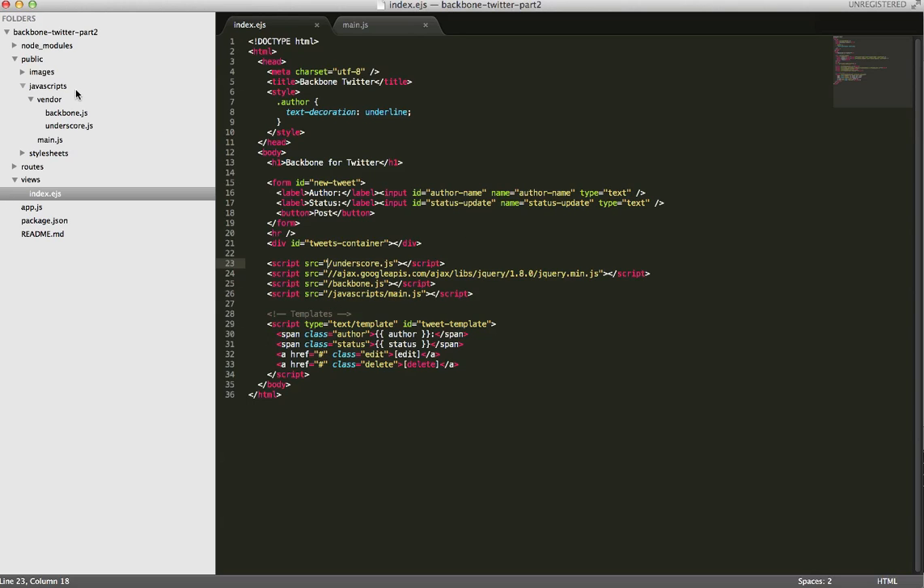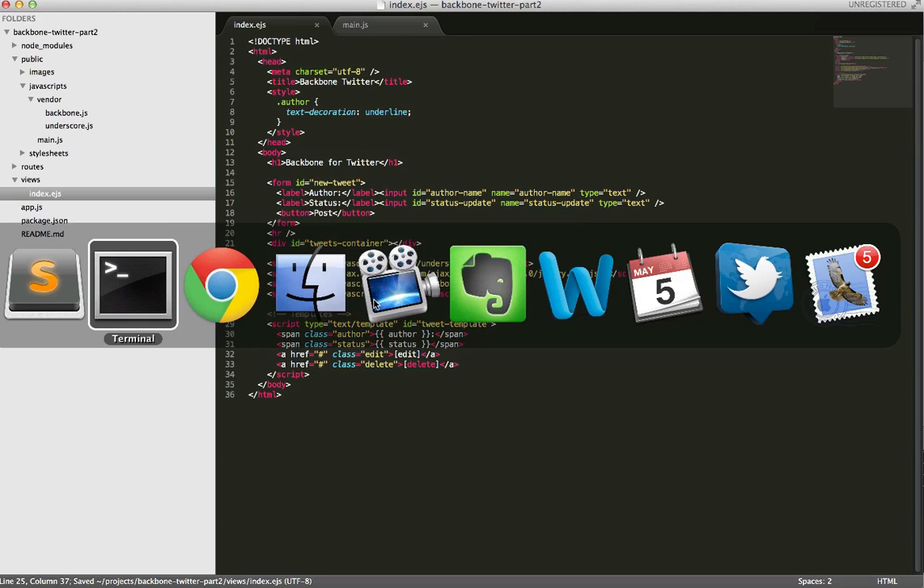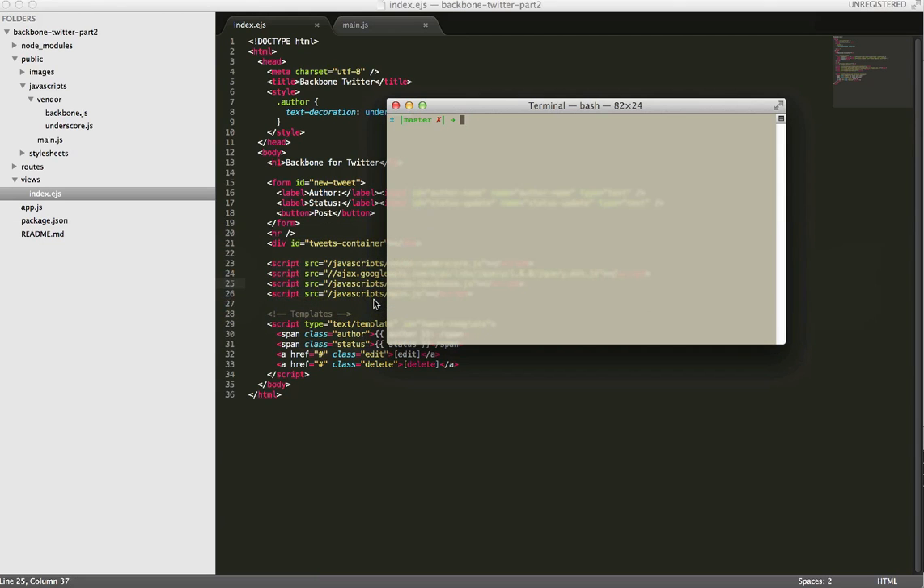Okay, I've just added the two files here. I added Backbone and Underscore under the vendor directory in the JavaScript folder. All we need to do now is change our view to reflect that. So let's do that. JavaScript vendor, and the same thing right here. Okay, perfect. Now we can save that and switch to our console to install our npm dependencies for